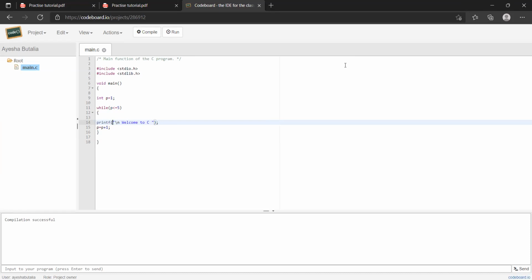So let's run the program. So you get welcome to C. Now that is not the problem. You could have written that \n later also. Then write it here. This was not the error. I was just trying to quote it out for you. Okay, so the difference is that initially one extra line you wasted. Now the extra line is not wasted because \n is at the end. But that's not a big deal. So I hope this topic is clear to you.